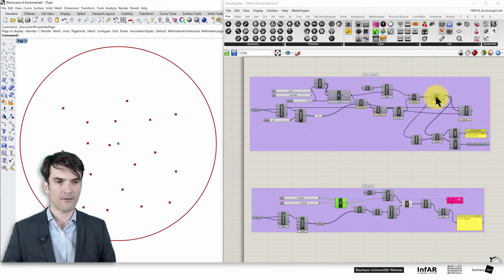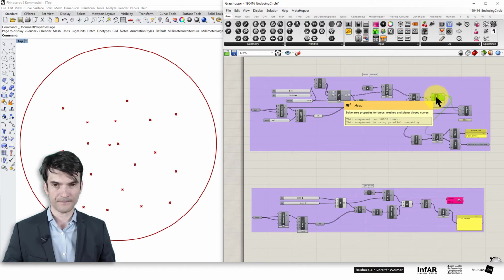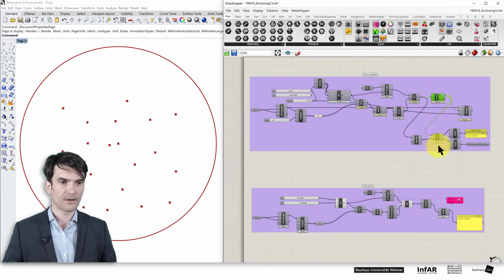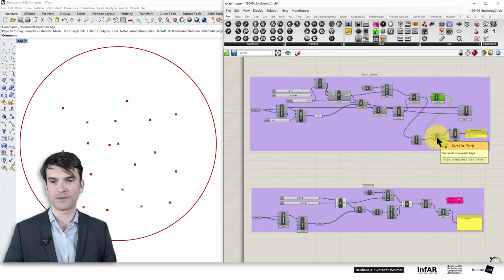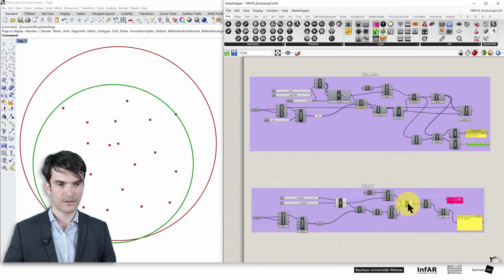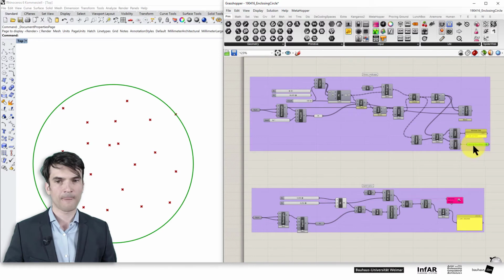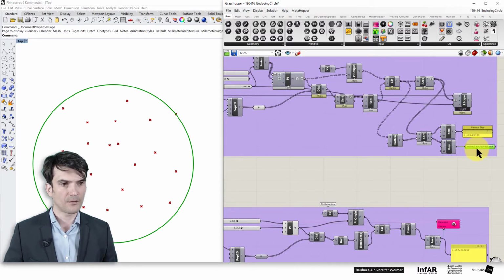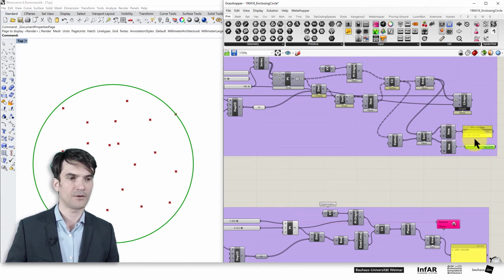Therefore we compute the area of each bounding circle, and in this part of the definition we sort the areas and just take out the solution with the smallest area. So if we preview this one, that's the smallest bounding circle that we found, with an area of 133 point